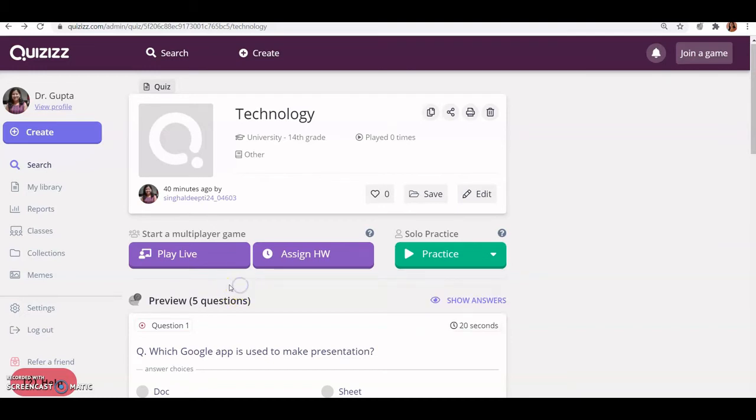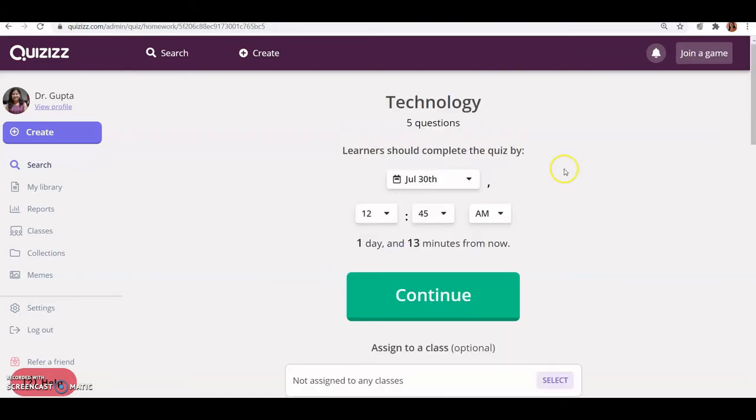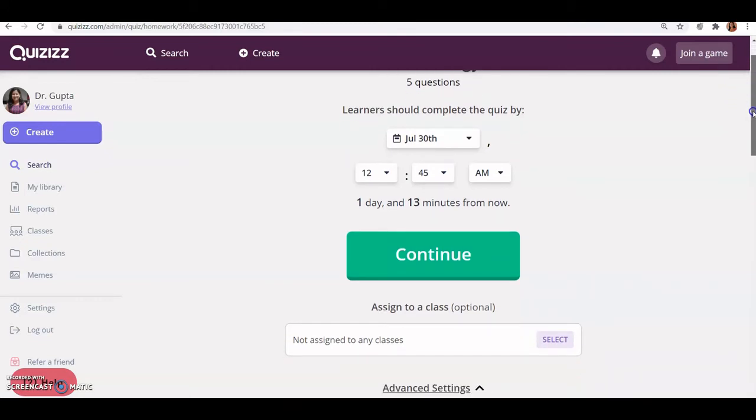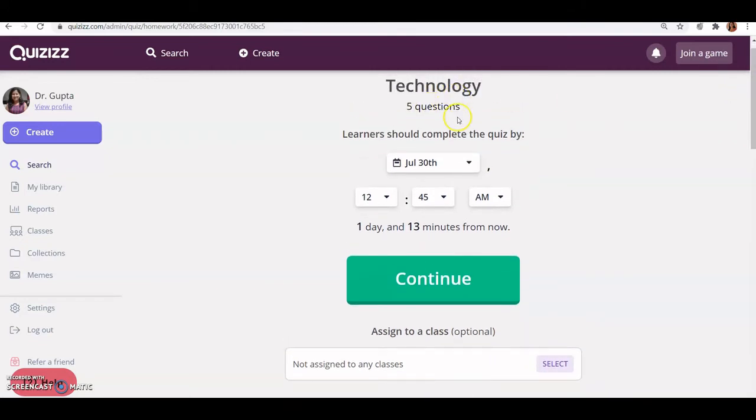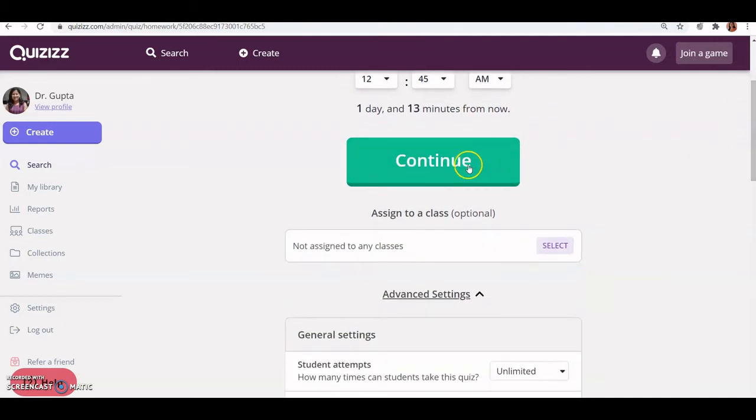Right now, if I want to assign it as homework, you can associate this quiz with your Google Classroom. If I click here to assign, you can see the technology quiz title coming up with the 5 questions, and you can set the date and timing on which you want your students to attempt the quiz, and you can click continue.